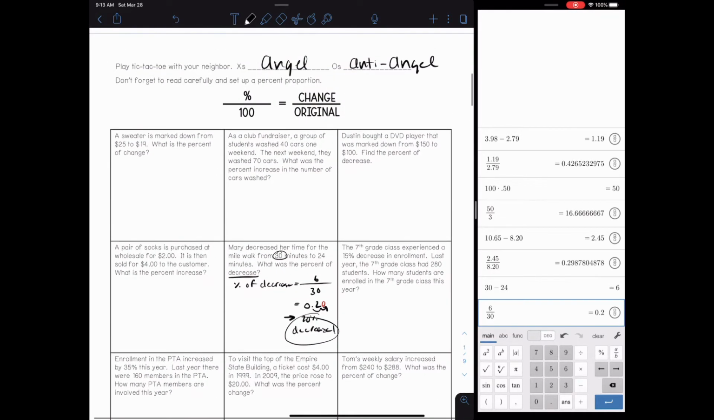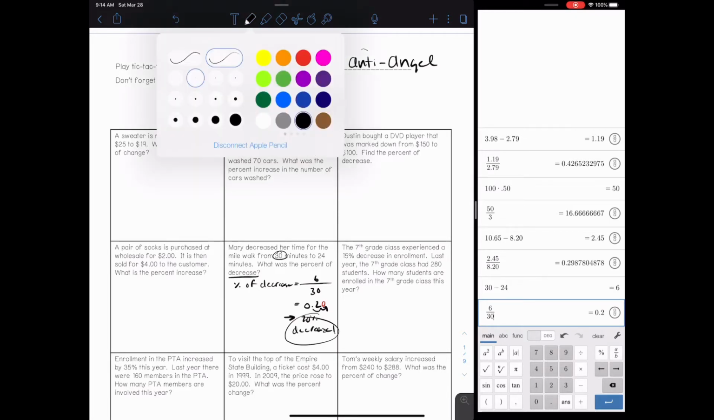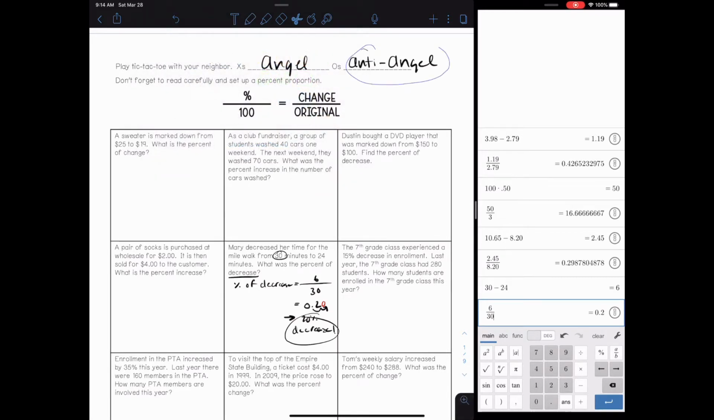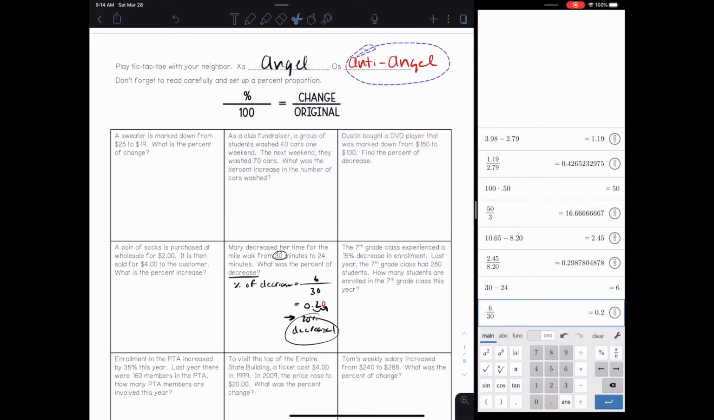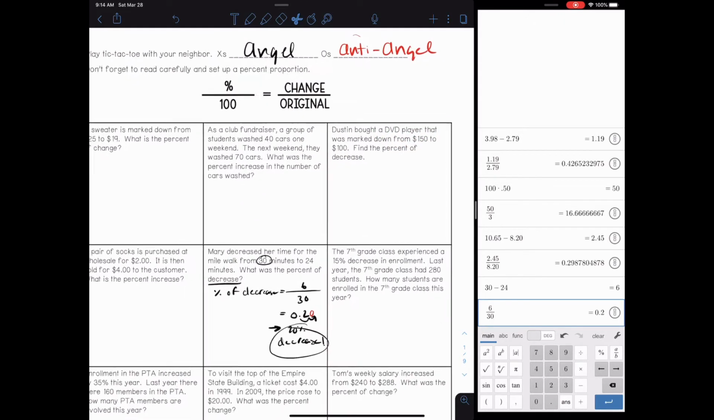And then, let's see. Let's make them. Gotta want it. Yeah, all that for nothing. Let's make them red, Auntie Angel. All right, so